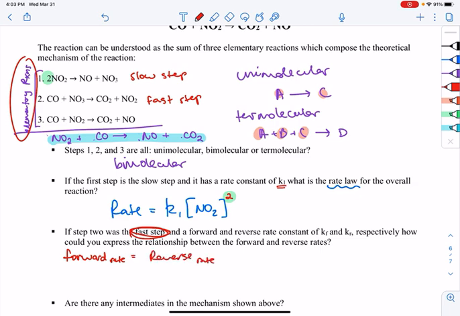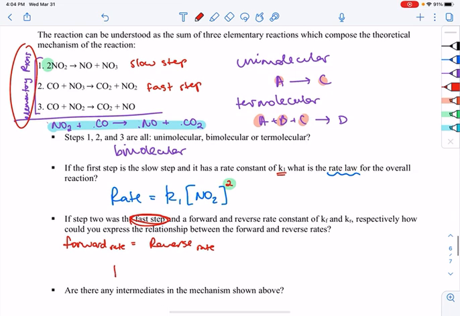The reason for that is because since it's moving so fast, since it is the fast step and its rate is faster than the other elementary reactions, right, it can essentially establish equilibrium on its own. And so, yeah. So you would say for this one, since that's the fast step, we would have, so the forward rate